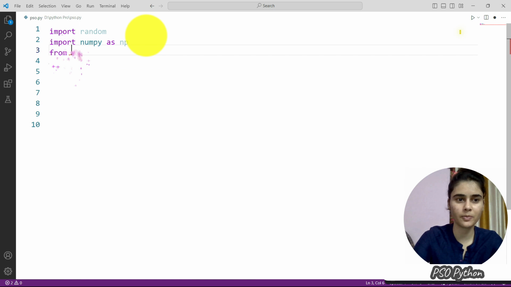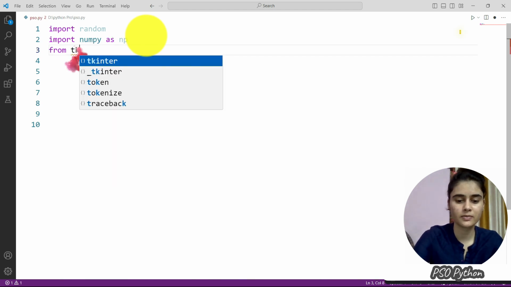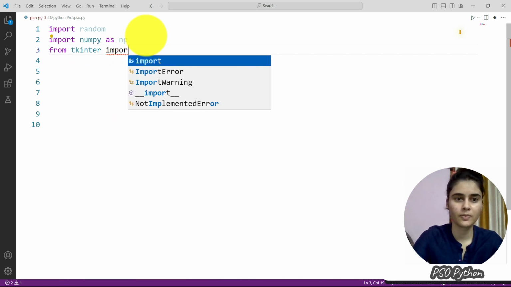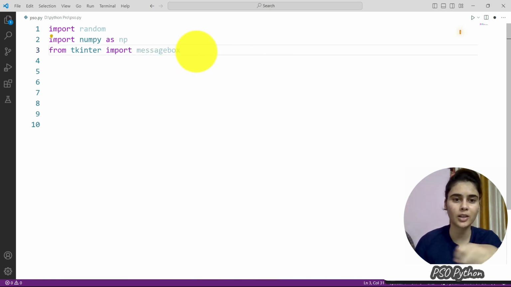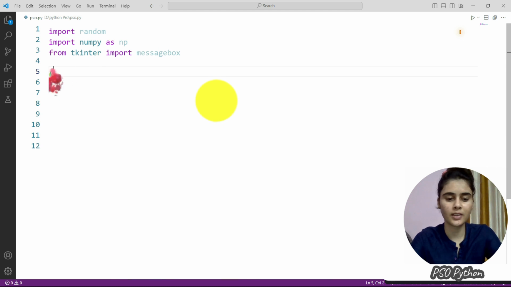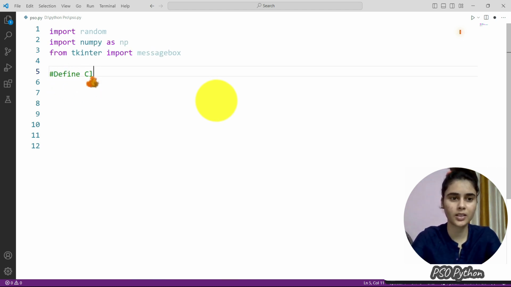Then from tkinter we will import messagebox. We will use this message box to display the final output, that is the best position and the best fitness value found so far.